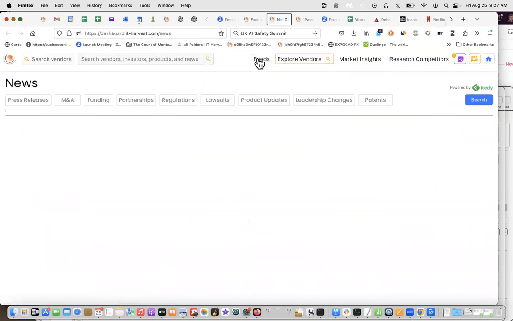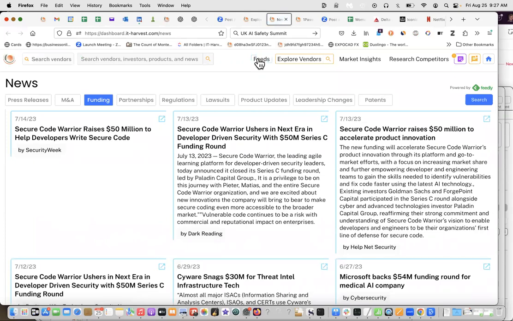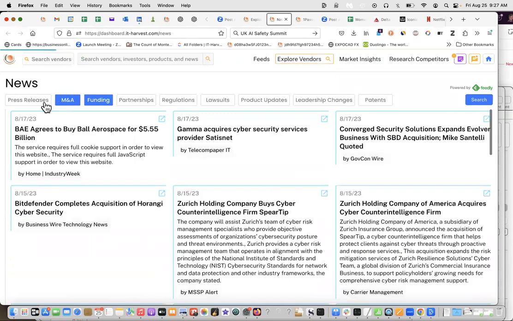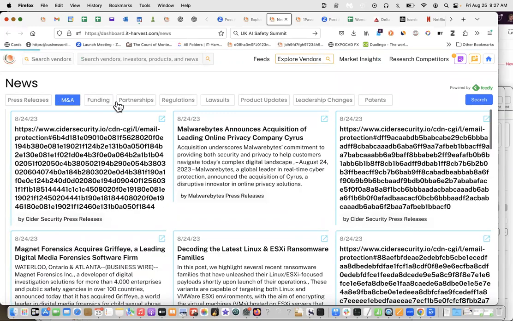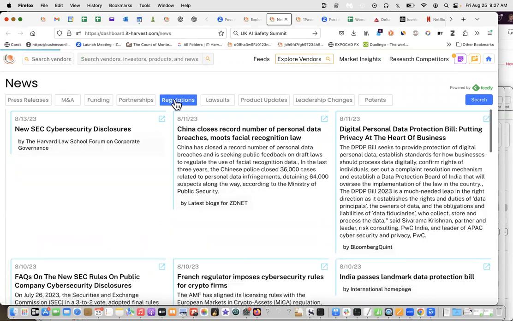And then finally, one last cool feature of the Analyst dashboard is news feeds. So we track all the news in cybersecurity from 3.5 million different sites. This is powered by an AI engine that Feedly has built, trained on our vendors. So 3,000 vendors that we're constantly watching for data on them, for funding, for M&A data, for press releases, for partnerships, regulations that may come up,